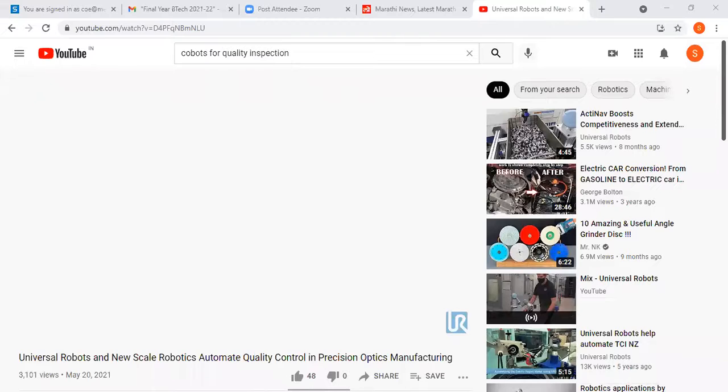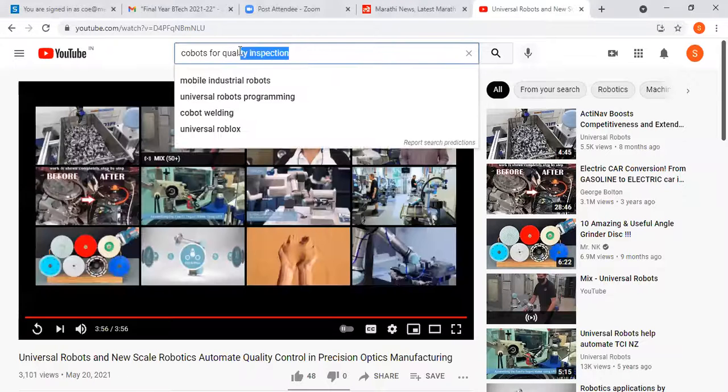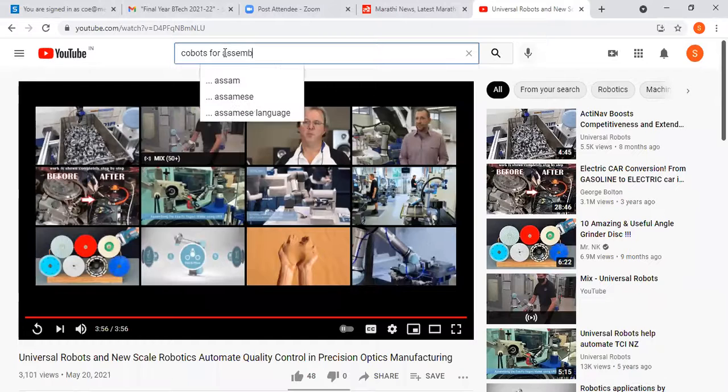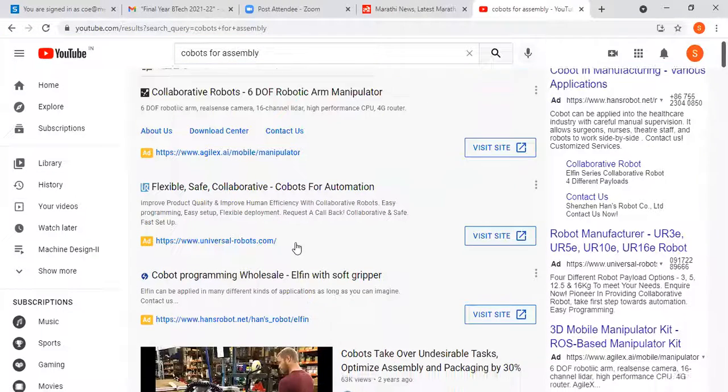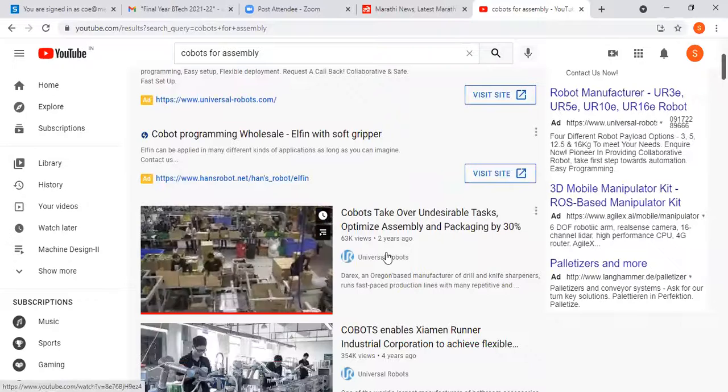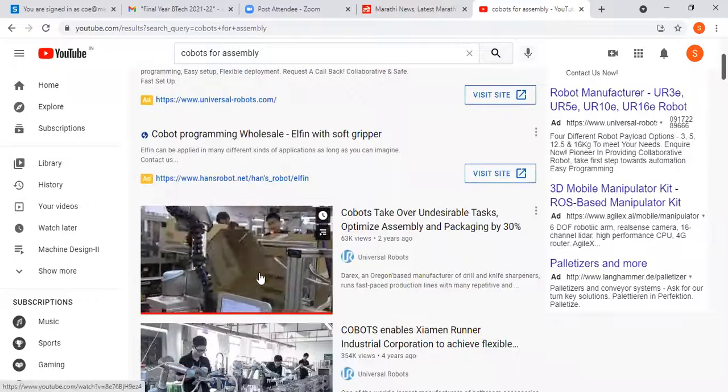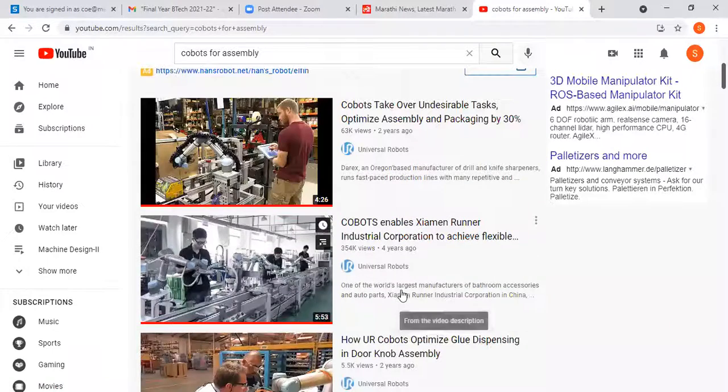In welding we have seen, in machine tending and quality inspection we have seen, in assembly we will see now, cobot for assembly. This already we have seen.